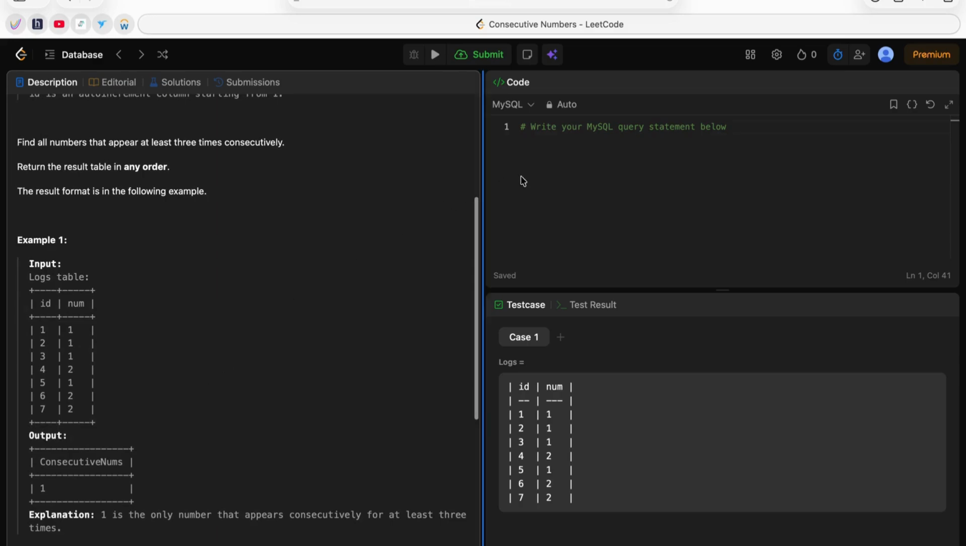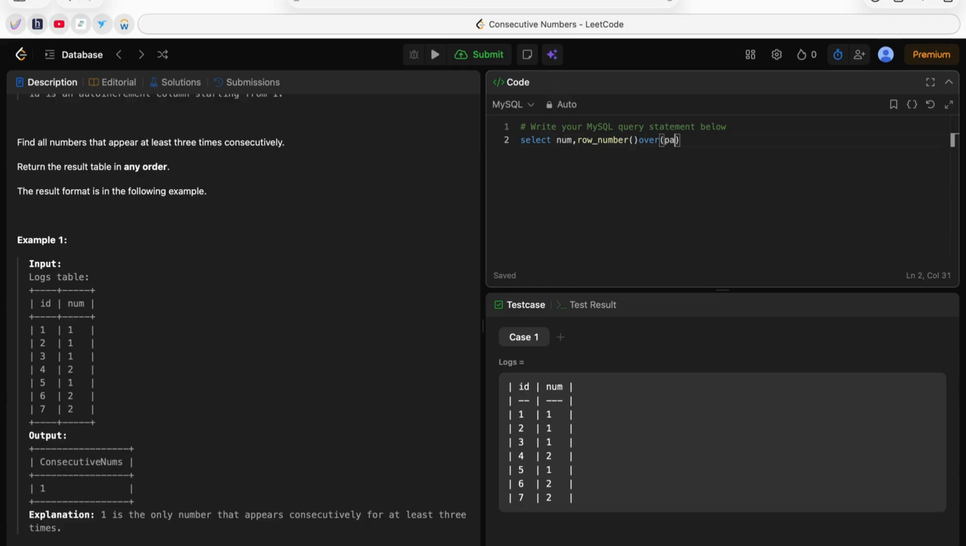Okay, so we have a num and we have ID. ID is auto increment. Basically we have to perform our query on this column num. So select num comma row number over